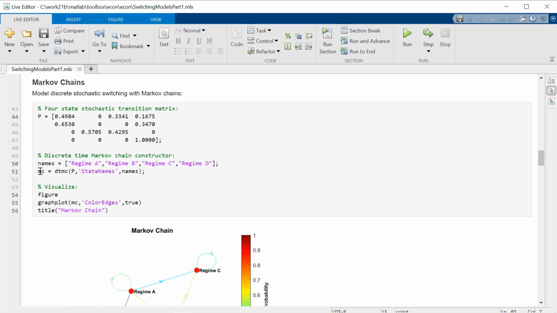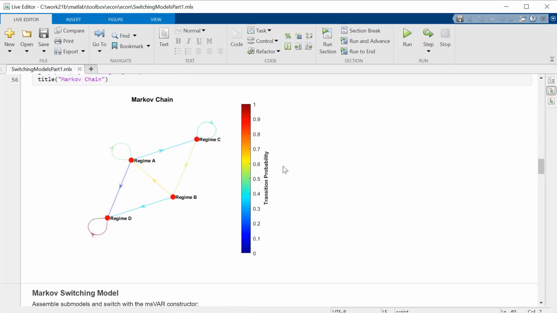Once you've constructed your Markov chain object here, you have access to all of the methods for the DTMC class, including this graph plot command. We'll input the Markov chain and turn on this color edges parameter. If we do that, we see a visualization of the Markov chain that looks something like this. And you get a pretty good idea of the probabilities of moving from one state to another.